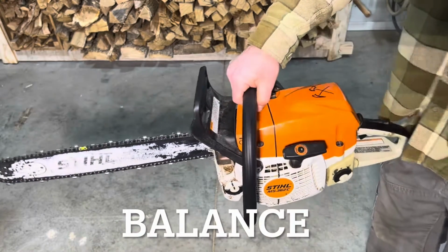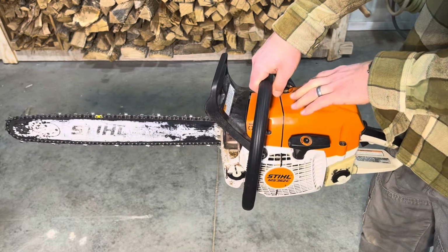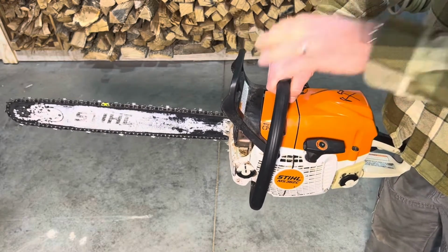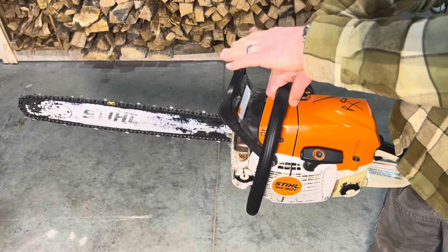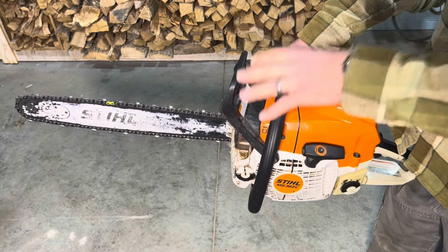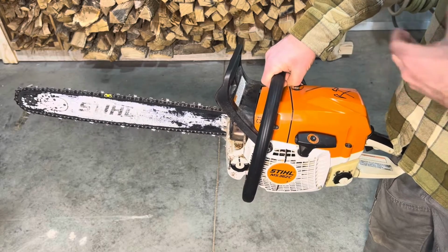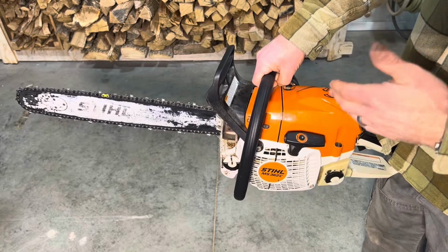The next thing I want to talk about is balance of the saw. The balance of the saw is going to be a result of the power head in combination with the bar and chain that you've chosen. Now, there's different combinations of weights and weight distribution of power head and length and weight of bar. So when you're setting up your chainsaw, you can either set it up to be balanced initially, or you can know and understand the offsets of that balance and internally make corrections as necessary so that you can make proper